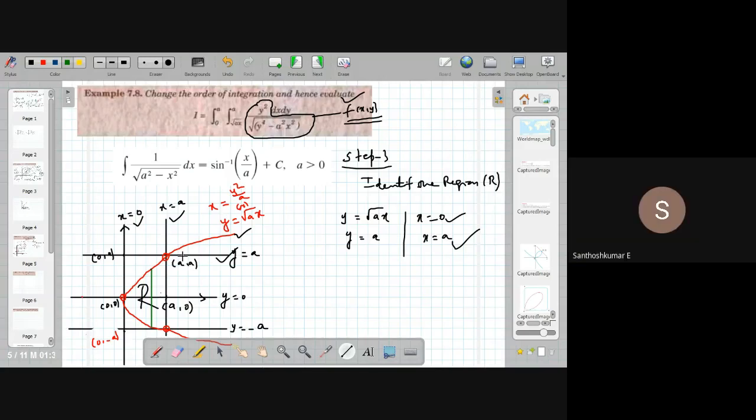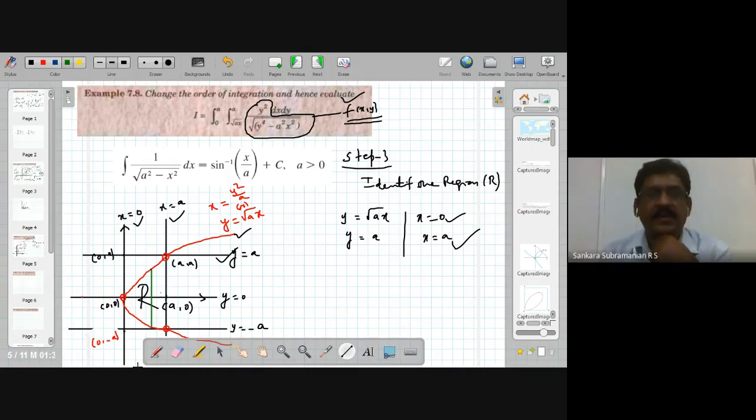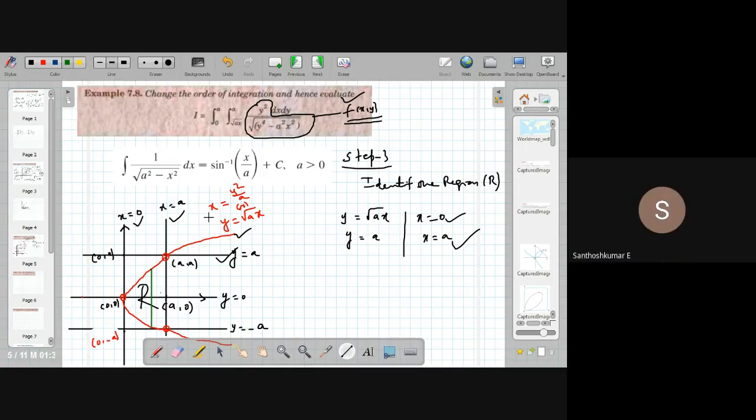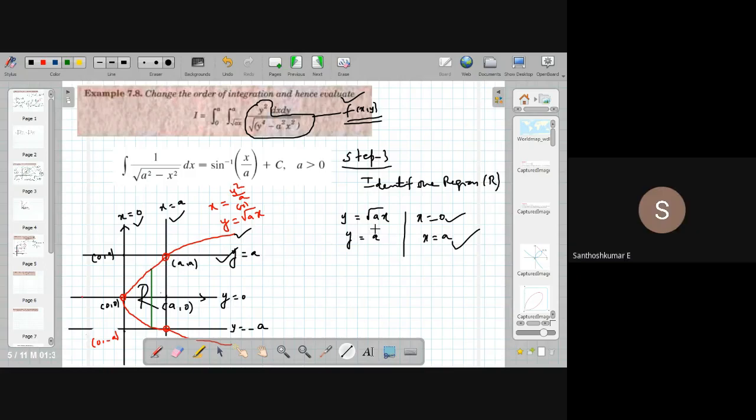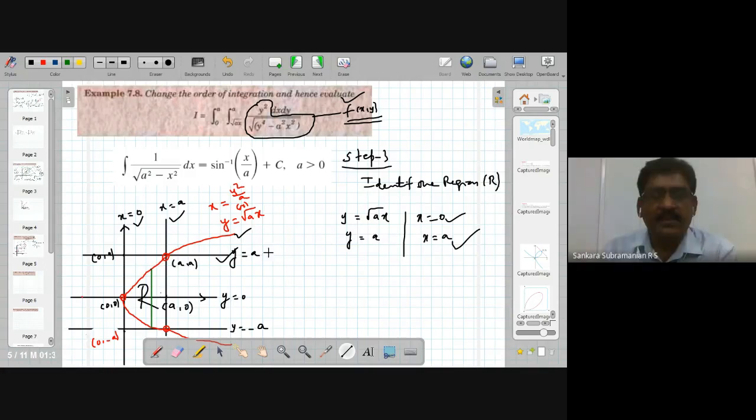Sir, y equal to a to y equal to minus a தான் சார் வரும் இந்த ஸ்டெப் எடுத்தீங்கன்னா நீங்க. ஆமா, ஆனா இங்க கொடுத்திருக்கிறது என்ன கொடுத்திருக்காங்க? இங்க x equal to 0 x equal to a அது எப்படி சார் வரும்? x is equal to 0 to x is equal to a, y is equal to root of a. One minute. Y is equal to root of ax